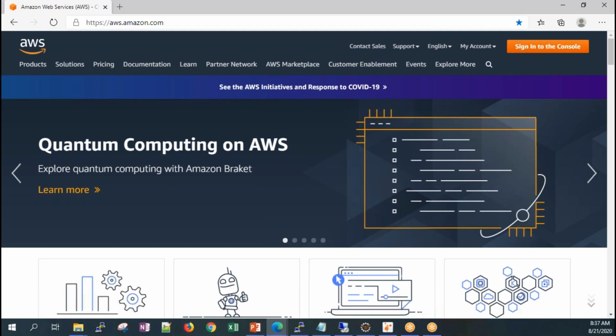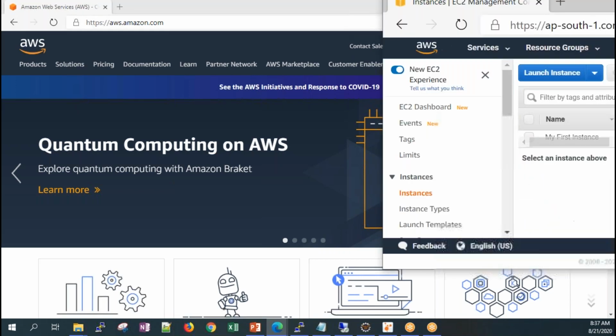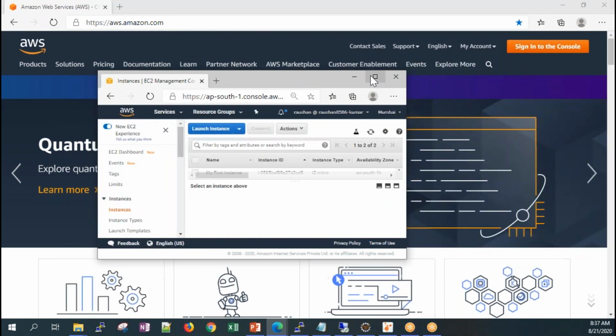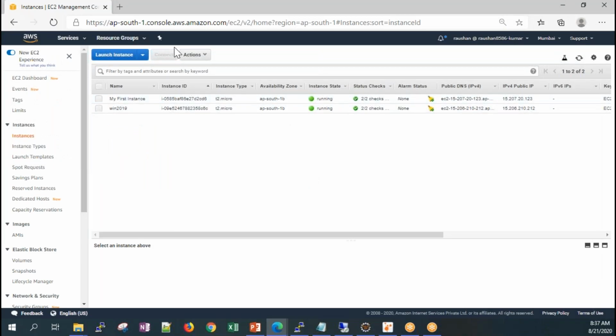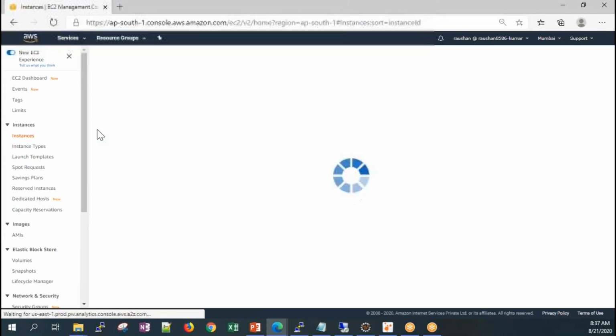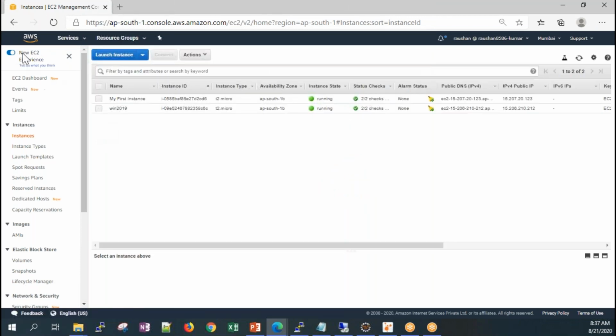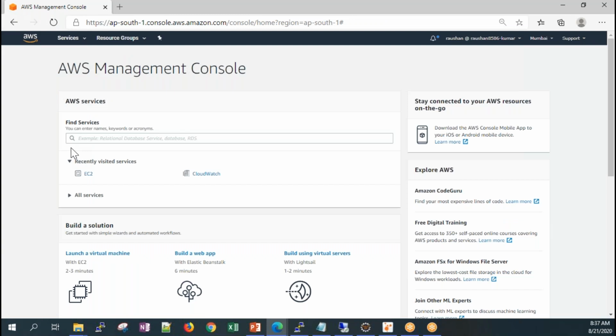They don't charge, and 700 hours are free actually. We can leverage that and learn things here. Nowadays companies are asking if you have cloud knowledge, because the cloud will be the future, and they are looking for it, guys.